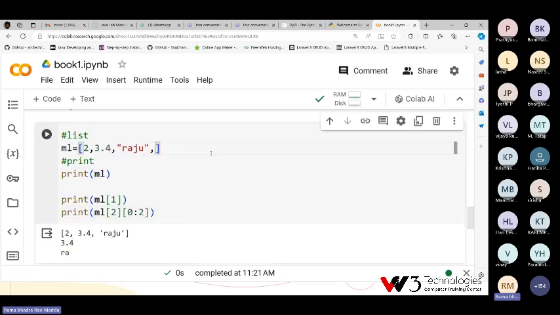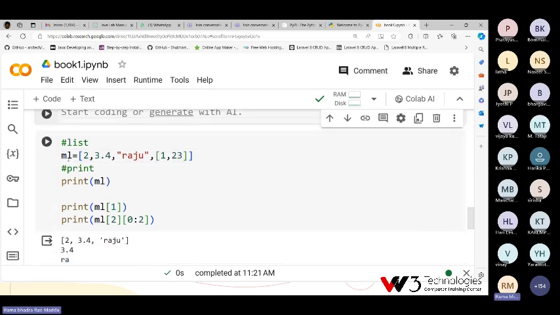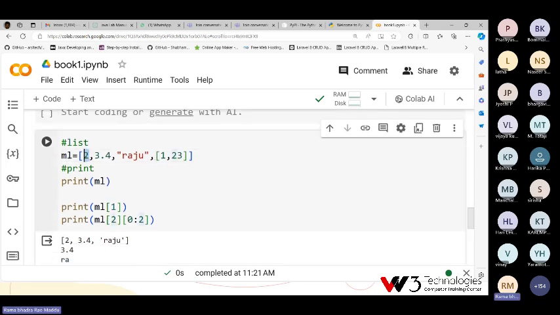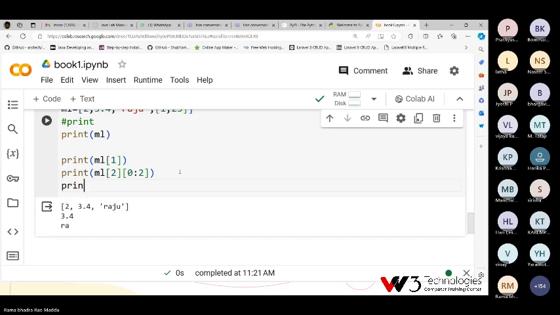In the previous example, I showed that a list can contain another list also, so it contains a sublist. ML contains in the 0th location a number, first location a decimal, second location a string, and third location a list. Print, my list name is ML, I want to print the third location.